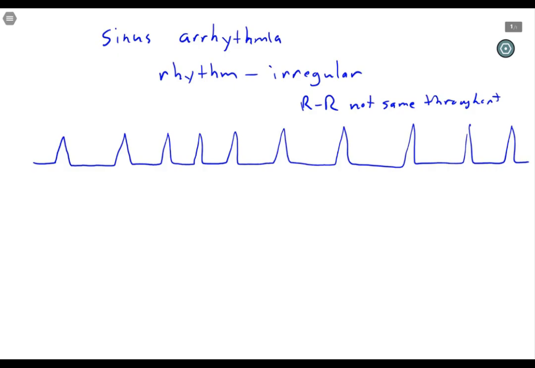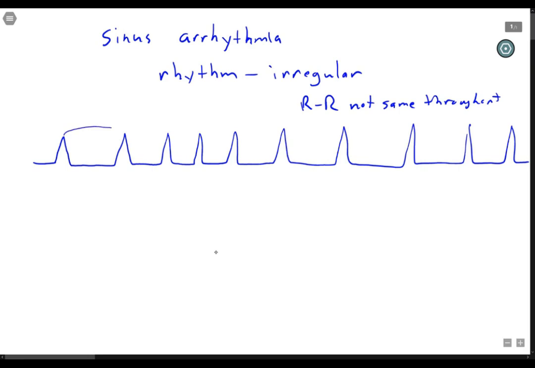Is the P wave positive in 2? Is it negative in aVR? One P for every QRS, a QRS for every P wave. Is the heart rate generally between 60 and 100? The other thing we need to do is when we look at this pattern, when we look at the distances here between R waves, you have to ask yourself a question. We know that it's irregular,